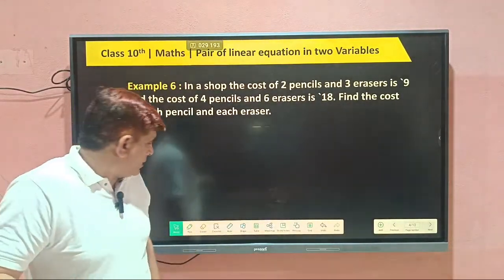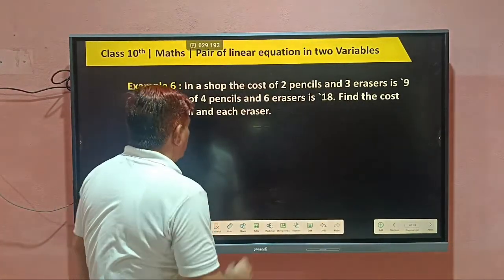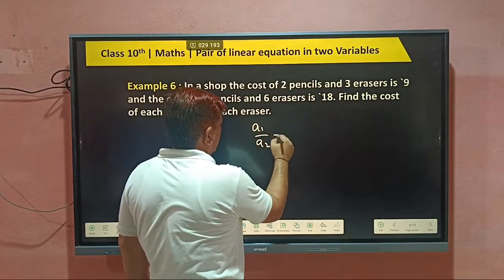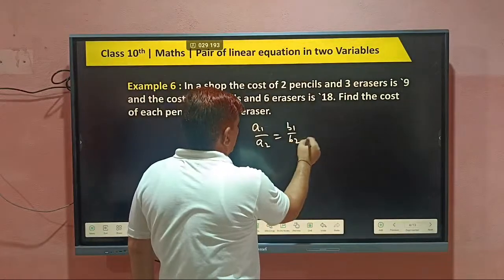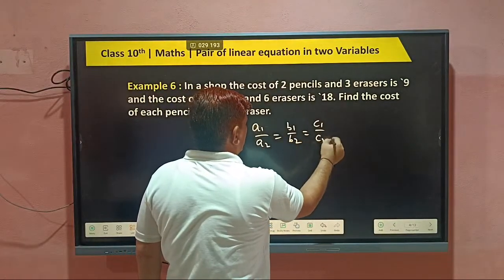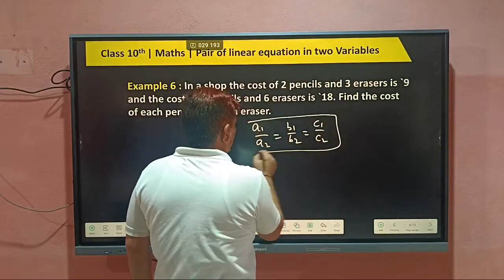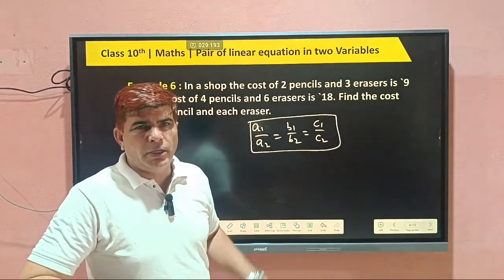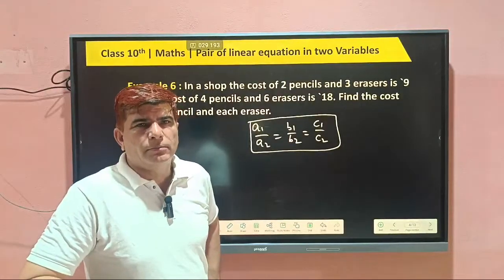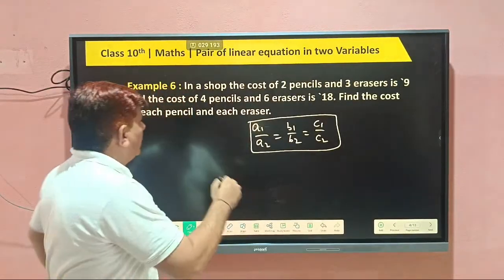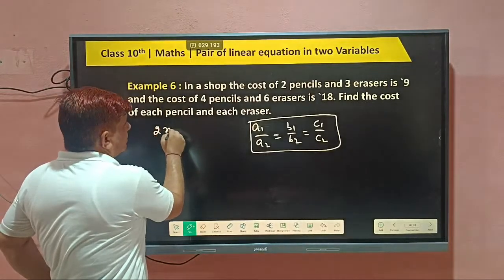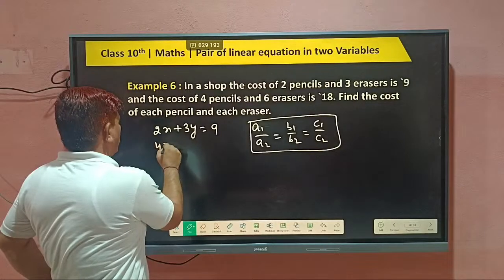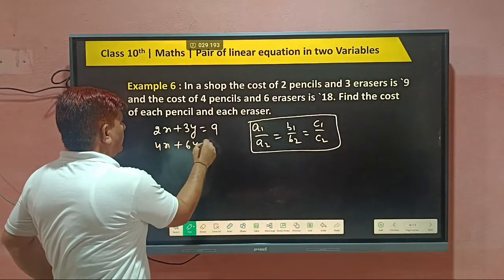And in that case, what's coming? I told you this is coming: A1 by A2 is equal to B1 by B2 is equal to C1 by C2. So in this type of situation, how many solutions exist? Infinitely many solutions exist. Understood? Why? Because the equations are 2x plus 3y is equal to 9, 4x plus 6y is equal to 18,